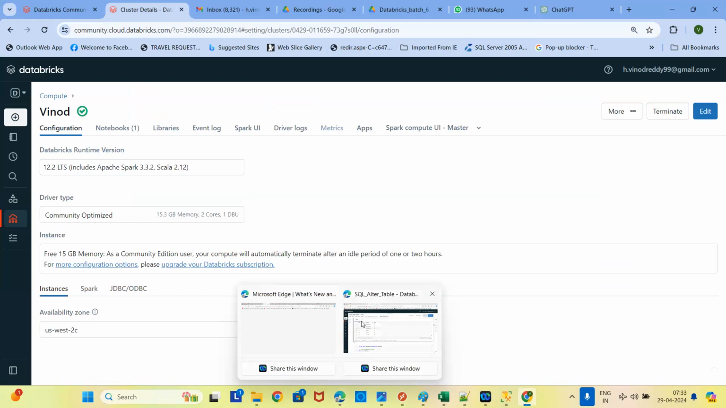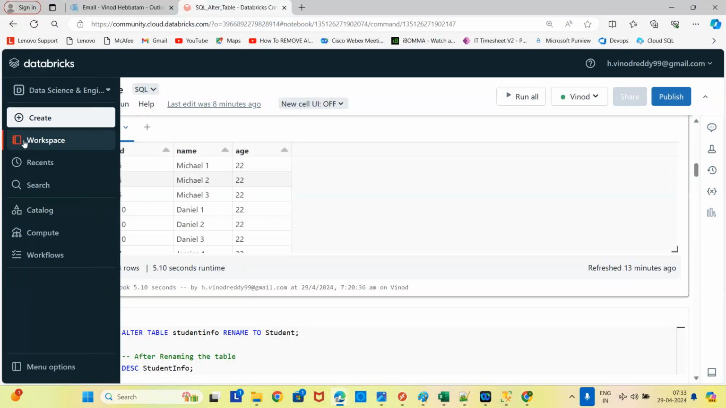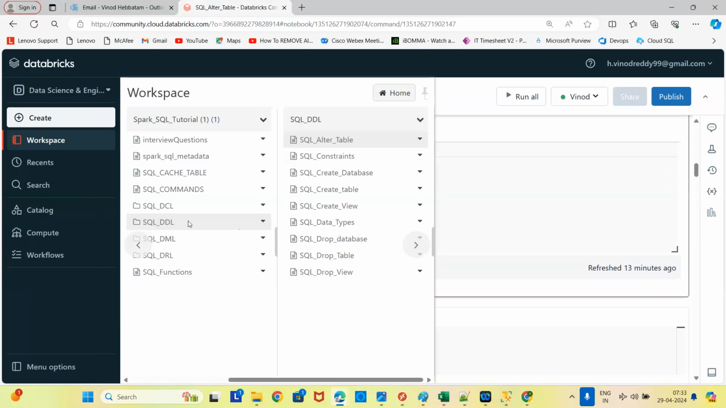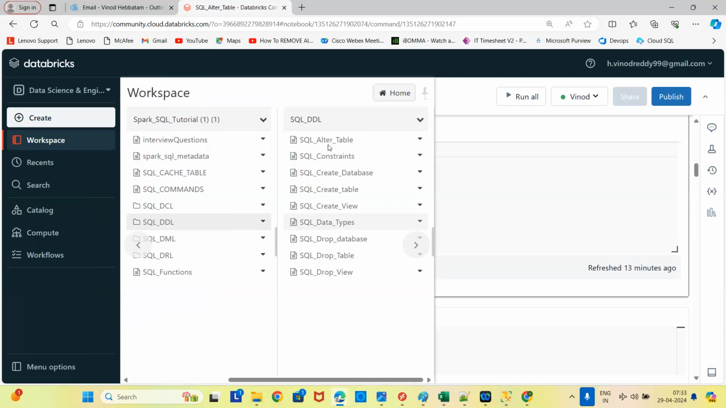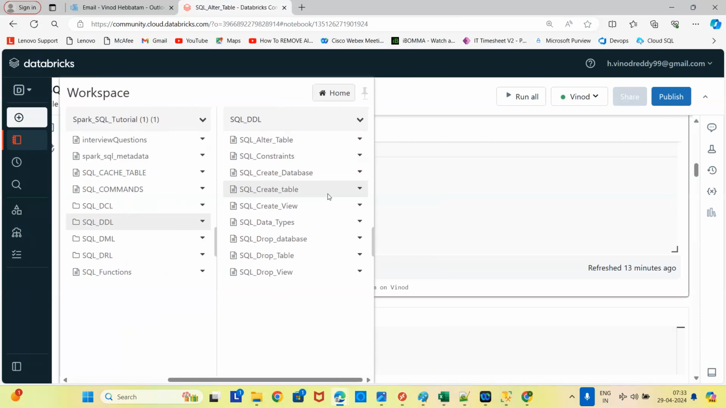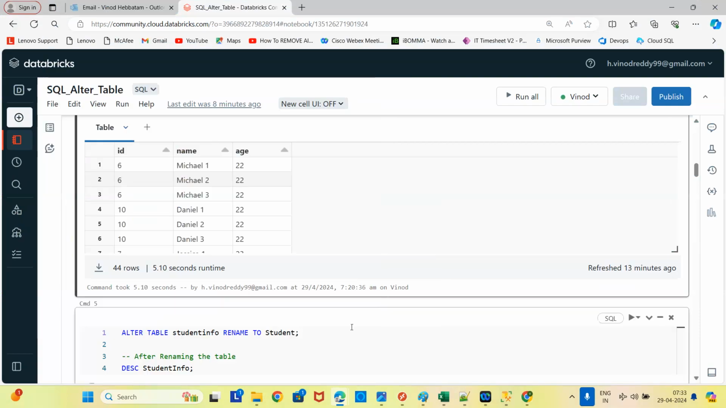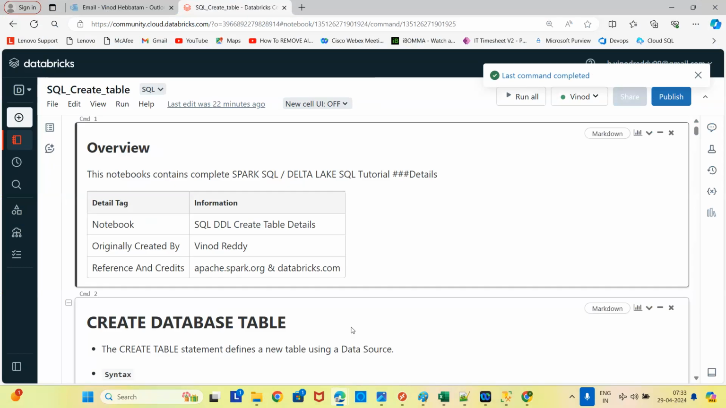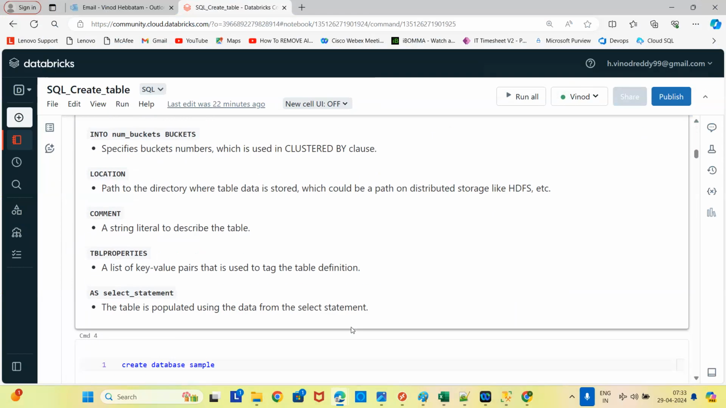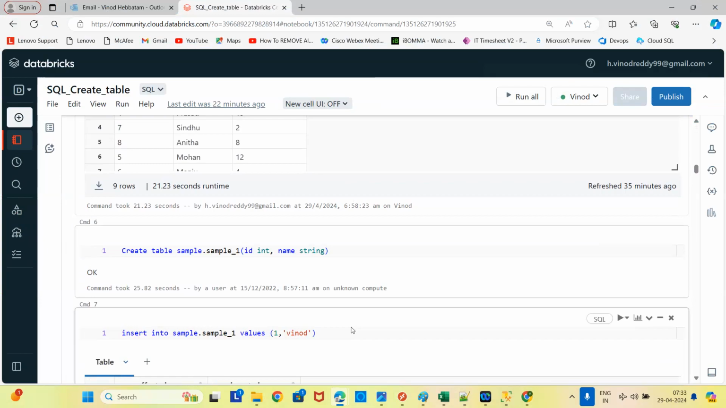So in the notebooks that I provided, there is a DDL. Kindly open that. We have seen how to create a database. Now we'll see how to create tables. Whenever you want to create a table,